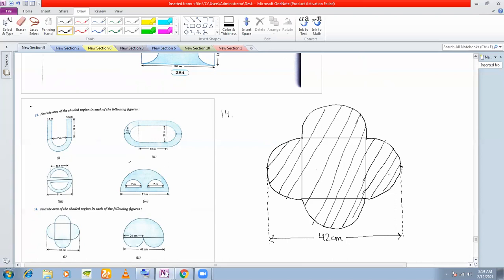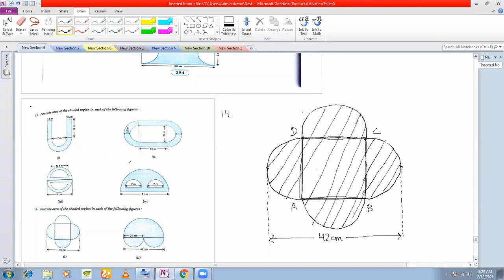Now, clearly what you see here is that the area of this region is composed of mainly two figures. What are the figures? The square. Let us call the square ABCD. It is composed of the square ABCD, and it is composed of four semicircles: the semicircle with DC as diameter, the semicircle with AD as diameter, the semicircle with AB as diameter, and the semicircle with BC as diameter. So this is what your entire area is composed of.